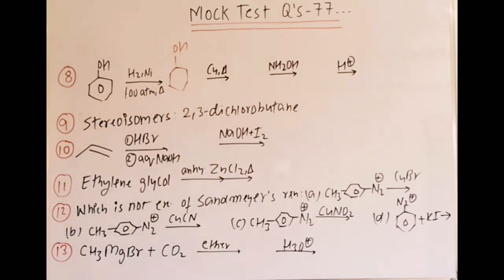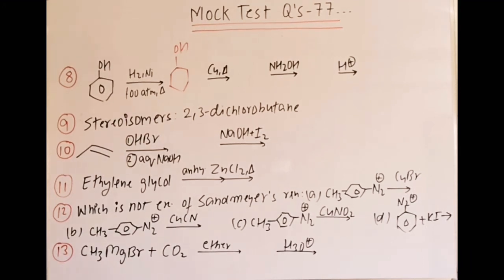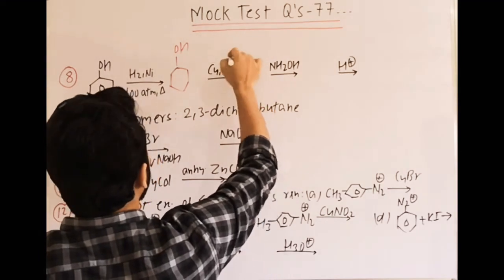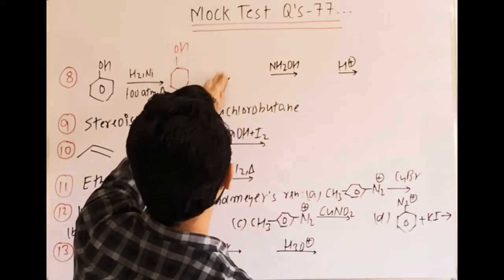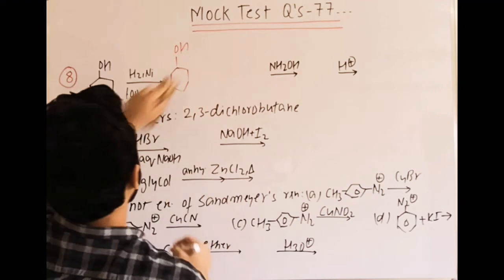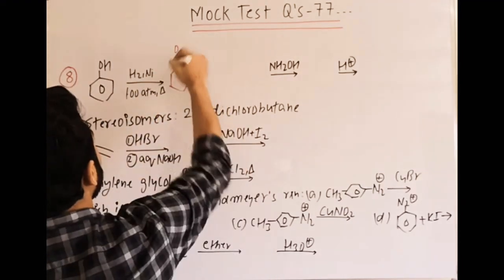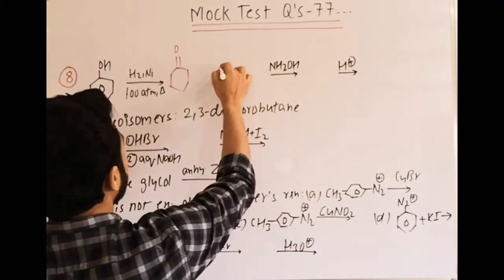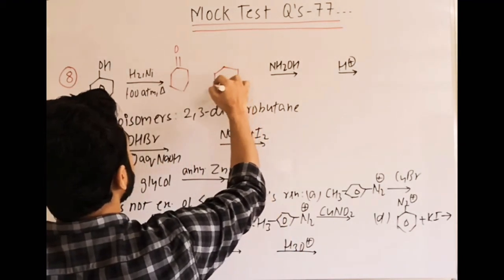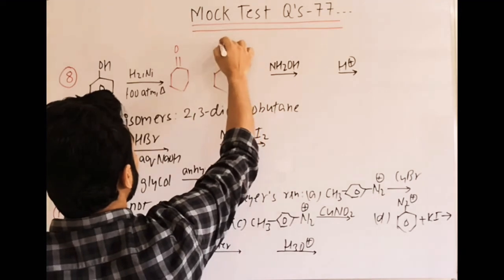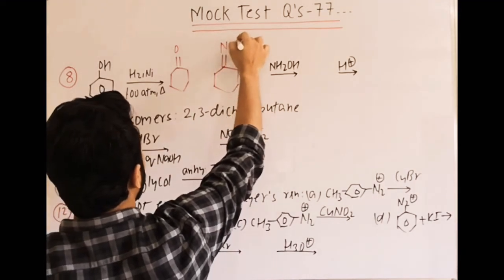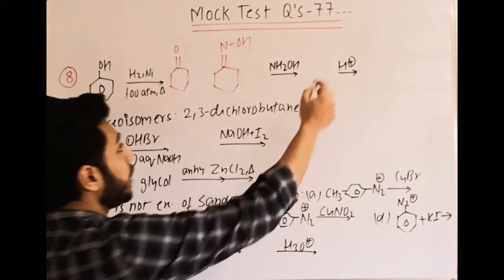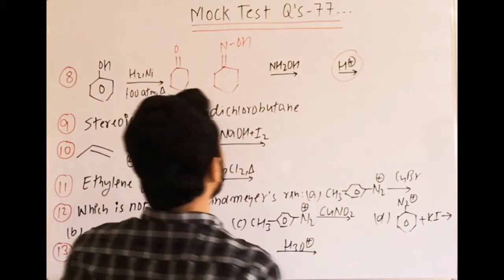Okay, it is simply catalytic reduction of the benzene ring by using H2, nickel, high temperature and pressure. Then Cu with heat, a standard reaction of secondary alcohol, giving cyclohexanone. Okay, that is the product formed after Cu heat. Now after hydroxylamine, it is a standard reaction of carbonyl compounds with nitrogen derivatives, which gives oxime formation, right? Now after oxime formation, H plus is given, and you have to write the final product.